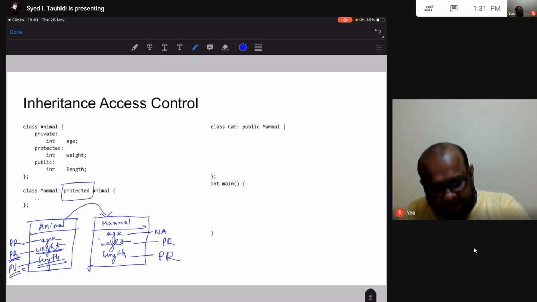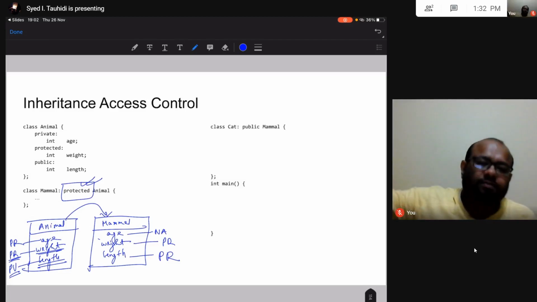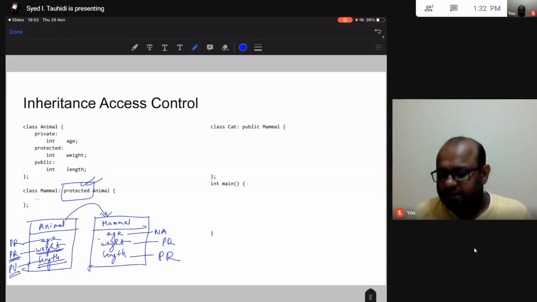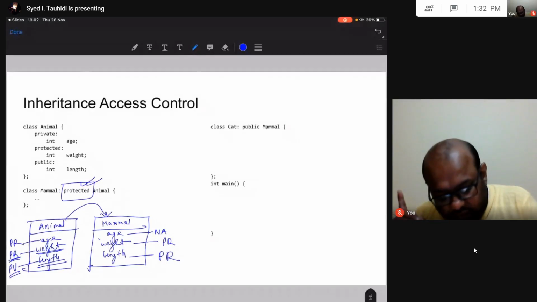So if I have protected inheritance, the private attribute of the base class is going to become not accessible in my derived class. The protected data attributes of the base class are going to stay protected in the derived class. Alright, and the public data attributes of the base class are going to become protected. So that is one change that is going to happen. Length was public before, now it is going to stay protected.